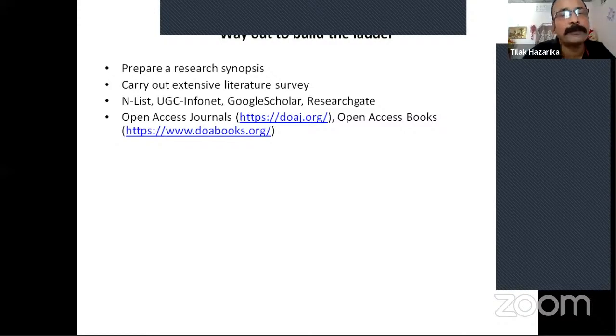So we should visit the different open access journals that are aggregated by the Directory of Open Access Journals. That is free of cost. You need not pay anything, and you can get access to the very